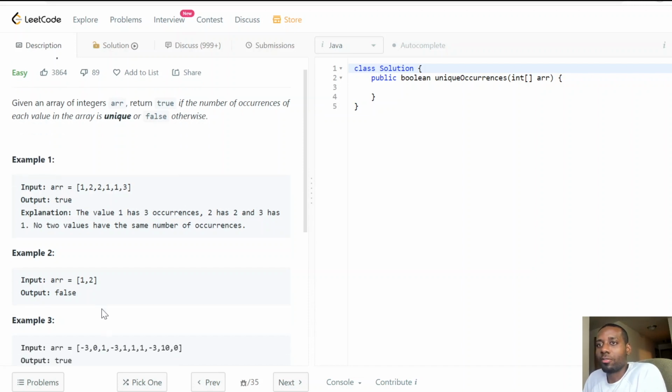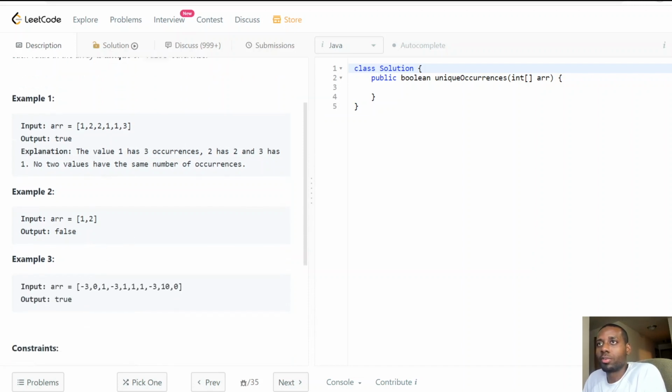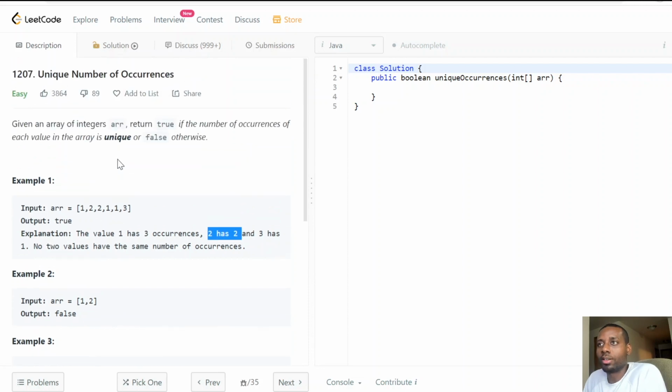In the first example, we're given this array, and the value of 1 has 3 occurrences. The value of 2 has 2 occurrences, and 3 only has 1. So we could easily see there's no two values that have the same number of occurrences. Meaning there's no case where, say, there were two 1s, and then for 2, there were two 2s,